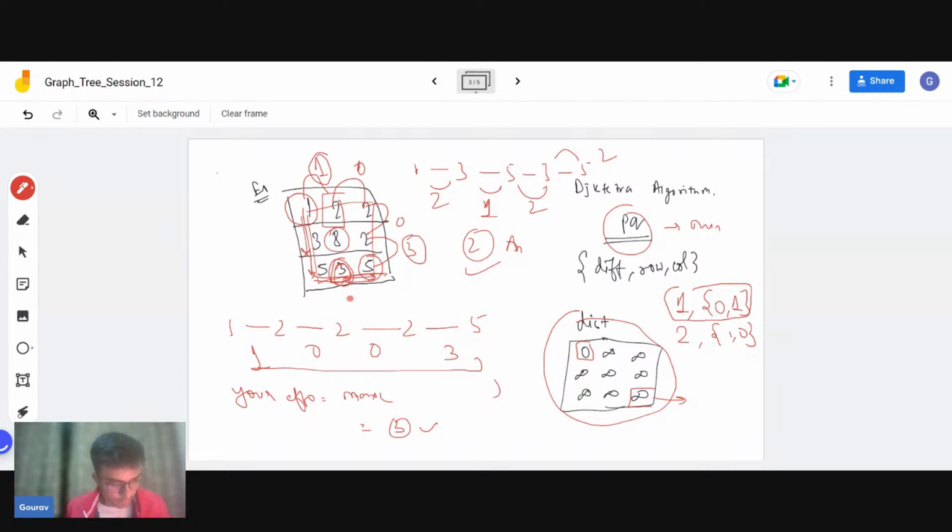When I reach node number 5, I know my difference, I know my cell, so I put that in my priority queue. When I come back, the priority queue will give me the minimum of all the possible values. If I again see that I'm standing on my destination, there is nothing to proceed. In that case, I will just return my answer, because I have already found the minimum effort it will take. So let us look into an implementation of this concept.